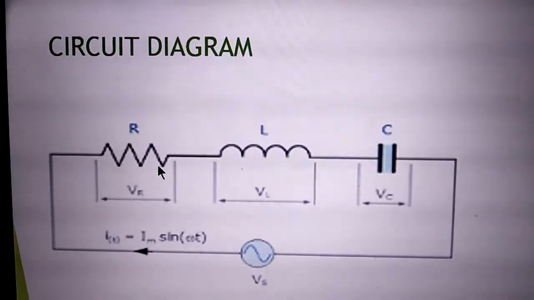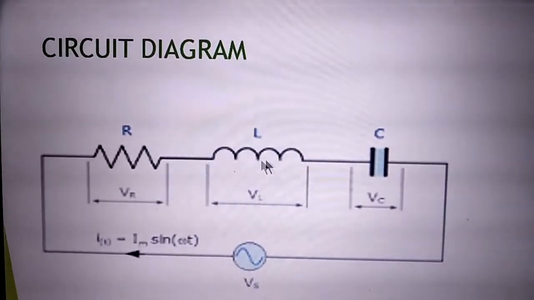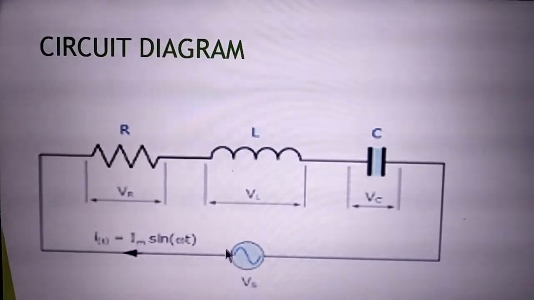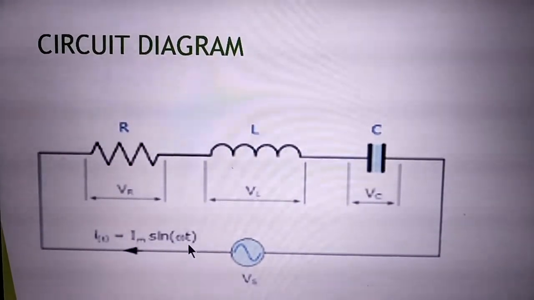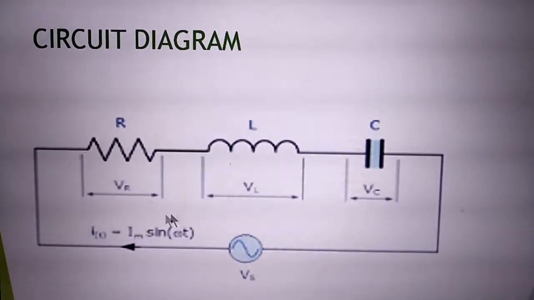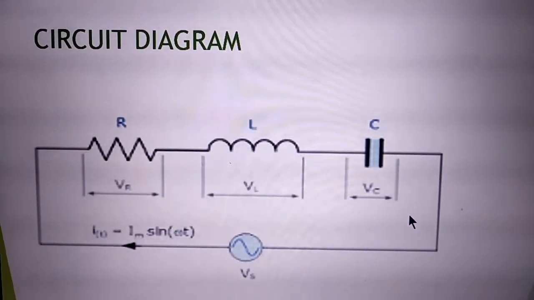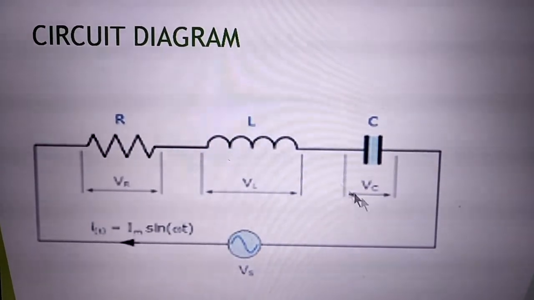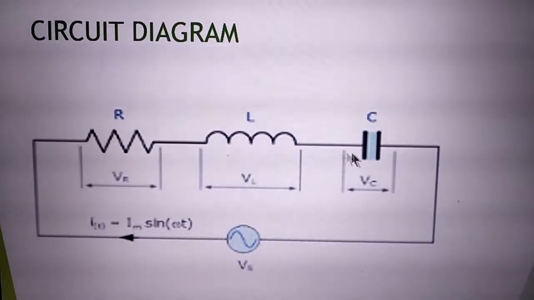We will take a resistor, inductor, and capacitor having resistance R, capacitance C, and inductance L, and join them to an AC source. We will apply V equals Vm sin omega t. So the voltage will drop across the resistor, inductor, and capacitor. You know the changes in voltage and current in them are not the same, so there is some phase difference between L and C.